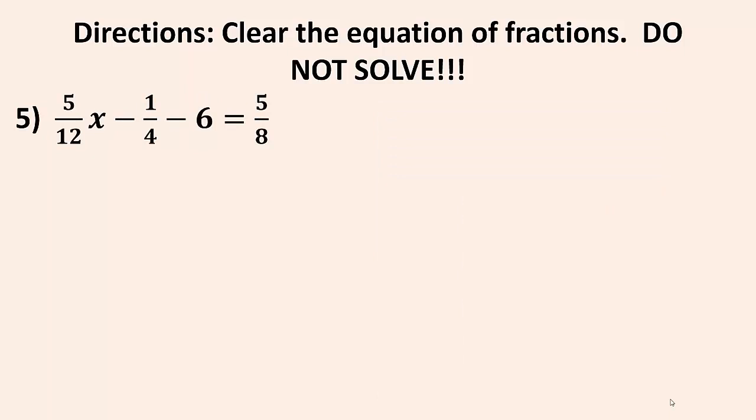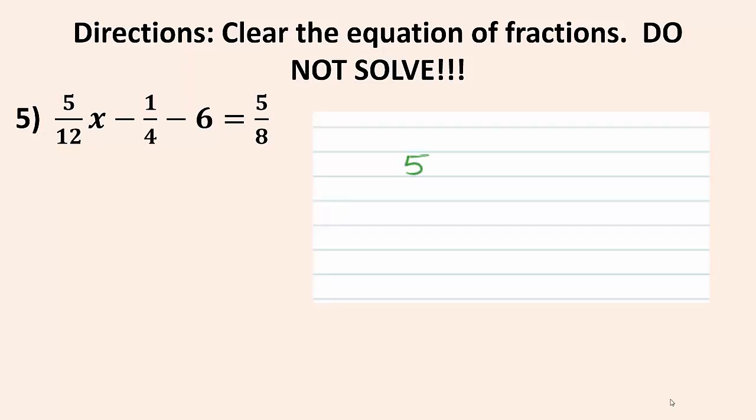Let's look at another example. So we have 5 over 12x minus 1/4 minus 6 equals 5/8. Now, the biggest mistake that happens in this problem every year is that a student will look at this problem and say,